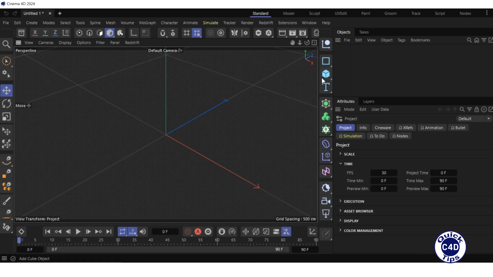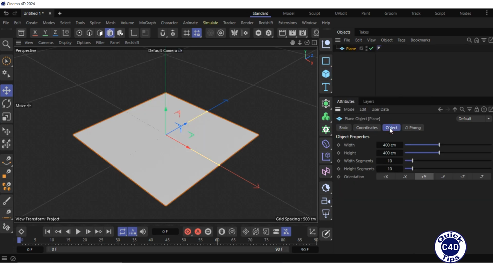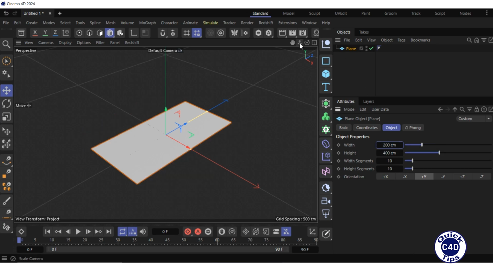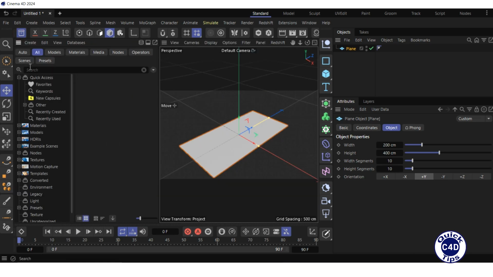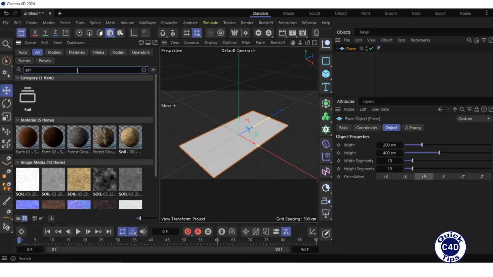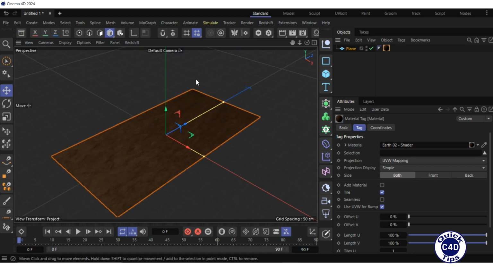Create a plane, go to the Object tab, reduce the width to 200 centimeters, and zoom in the default camera. Open the asset browser, search for soil, drag and drop the Earth 02 material onto the plane in the Object Manager, close the asset browser, go to